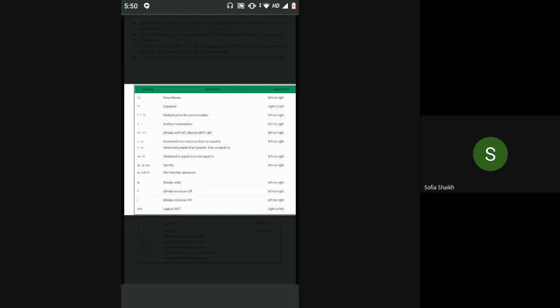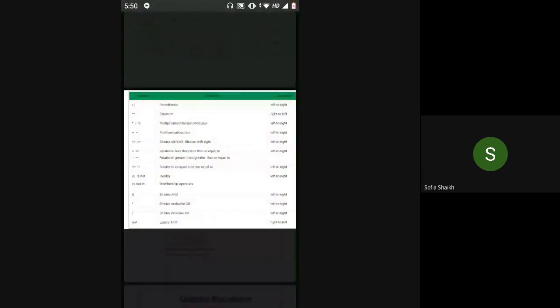So there's no need to keep this in mind. You can access it anywhere from the internet and check it. This is just for reference that you can use whenever you are working with operators and you are not sure about the precedence. Here you can see there are several operators given, one below the other. This is the order of precedence, which means parenthesis, as you can see at the top, the first one.